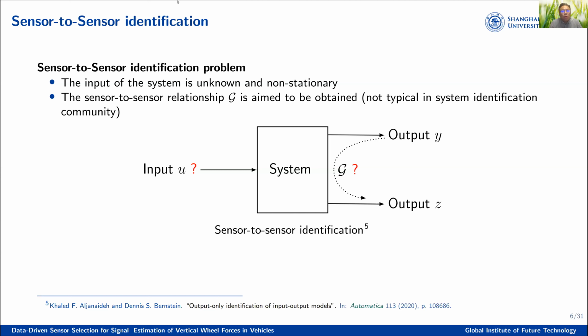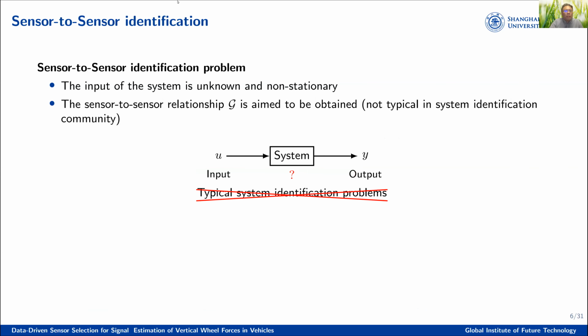So for this type of work, we call it sensor-to-sensor identification. And this type, if we look at this system configuration compared to what we discussed for the system identification, actually, the sensor-to-sensor identification problem is not a very typical system identification problem. So in this case, they are not very similar. Today, what we are going to discuss majorly will be the sensor-to-sensor identification